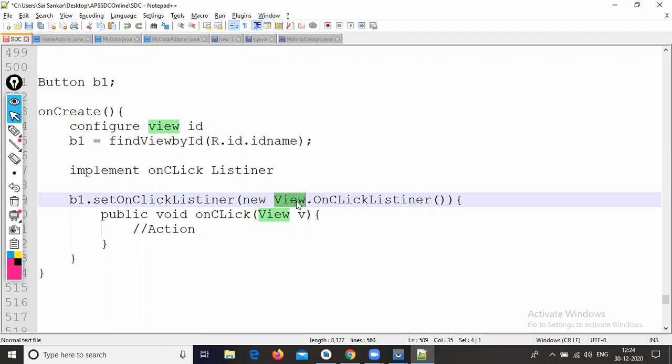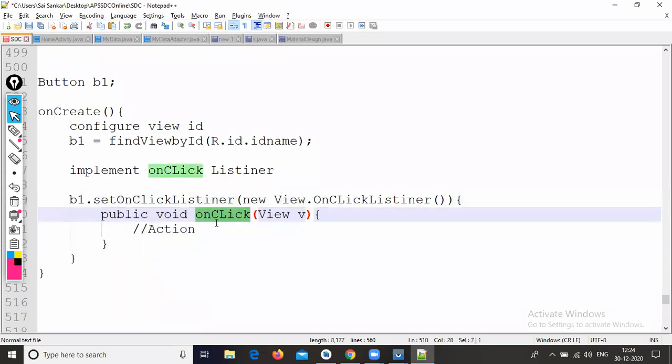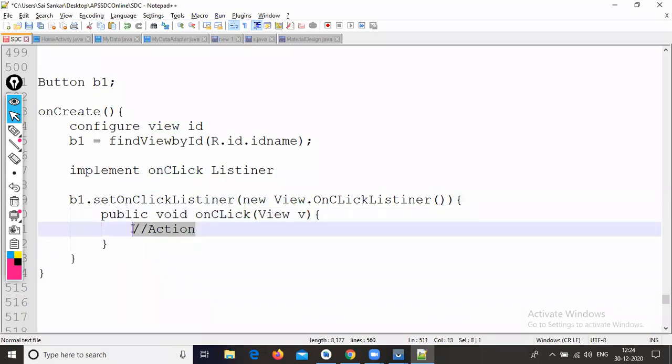That's why I'm creating View.OnClickListener. After that, one method will be implemented, that is public void onClick. Inside the onClick method, we need to write the action. So this is the theory part of implementing the on click listener with the help of Java.